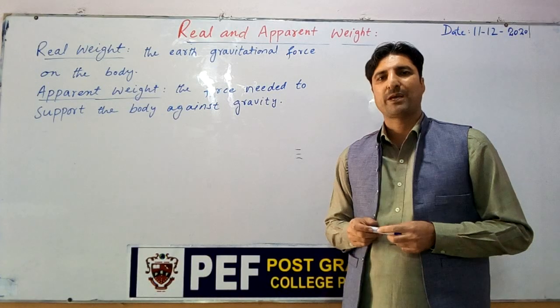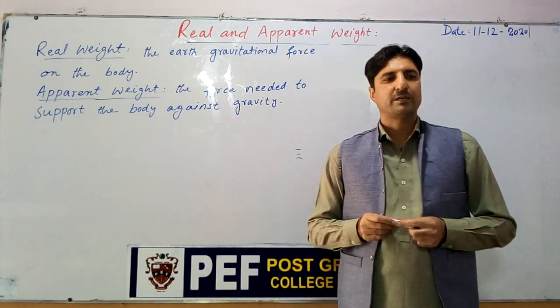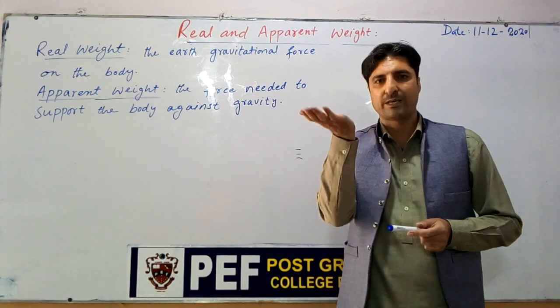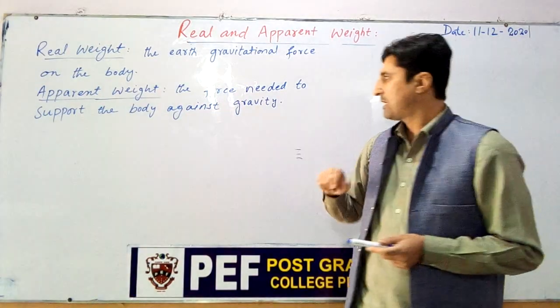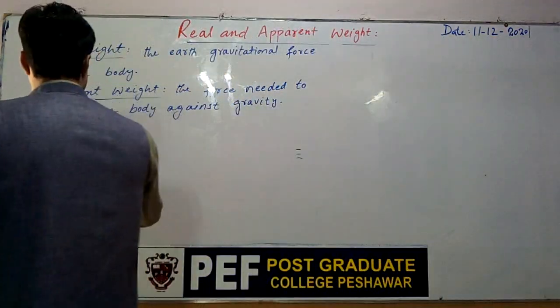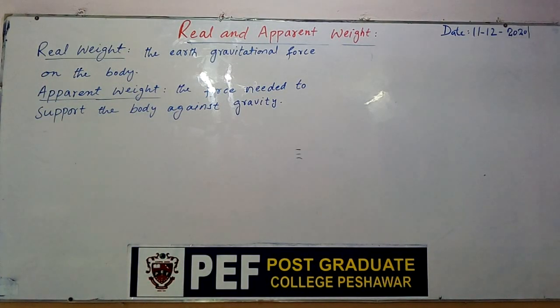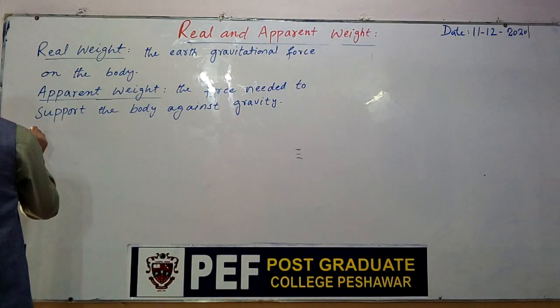Now what do you mean by apparent weight? Apparent weight is the support given to a body against gravity. Here the force needed to support the body against gravity is called apparent weight. Now to explain these two in detail, let me take a special case,